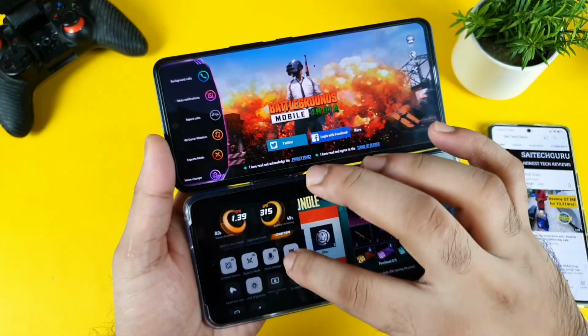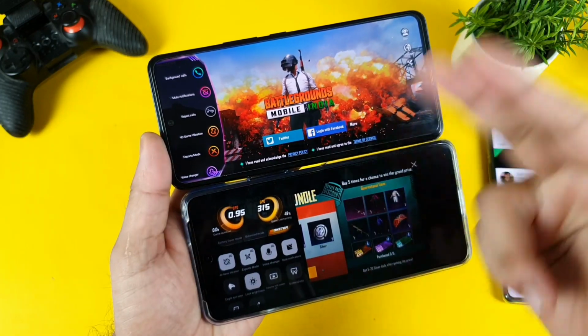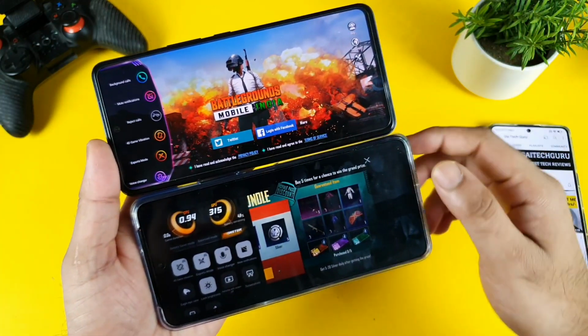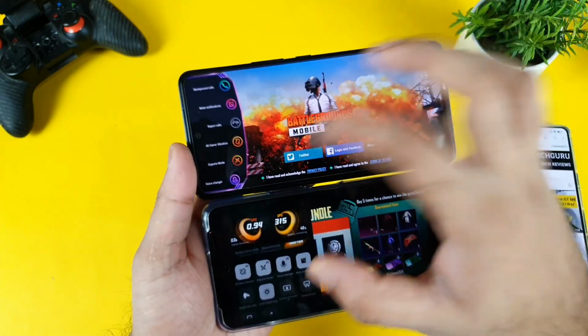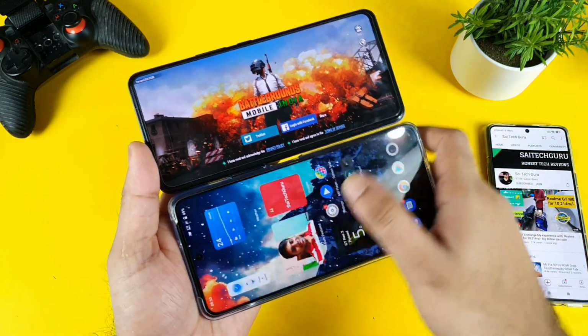Apart from that, there is no huge difference. I cannot find any kind of improvement, but you can see the CPU clock speed keeps changing depending on the usage during gameplay as well. That's another thing you should definitely understand. This is pretty much Game Turbo, Ultra Game Mode 1.0 versus Ultra Game Mode 2.0.